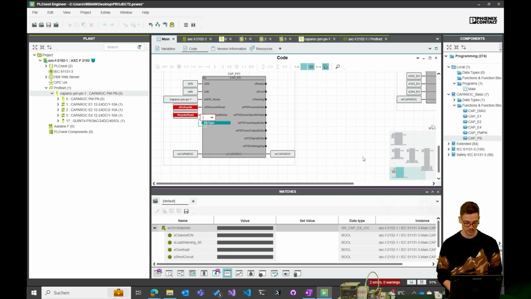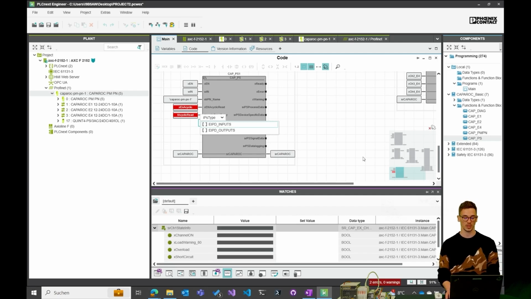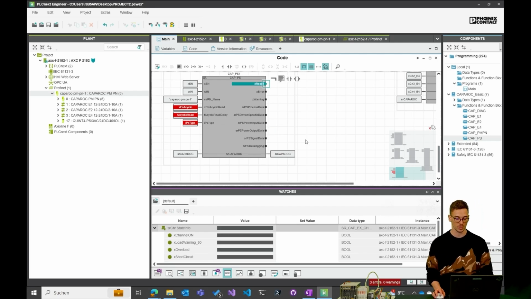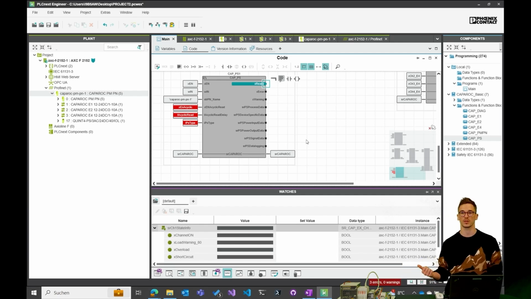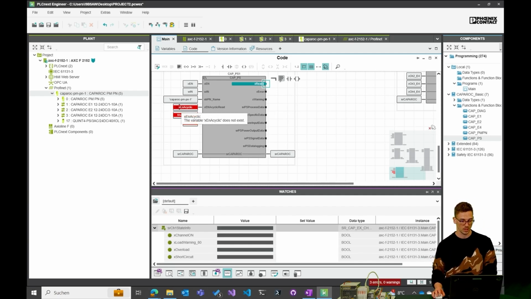And here, this is IPS type. So it's the type of the Quint power supply. So it's either 20 amps or 40 amps. If you type in, it's an integer value. So if it's 1, it's the 20 amps. If it's 2, it's the 40 amps. And we are using that for displaying the right faceplate in the visualization, but we will come to that in the video where I explain the visualization. So let's create the variables here, or our local variables,